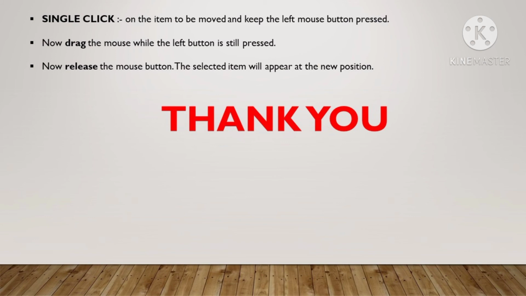Okay. Now let us see some of the summary. What is mouse? Mouse is a small pointing device used to draw pictures, play games on the computer. Pressing mouse button is called clicking. There are three ways to click a mouse: left click, right click and double click.